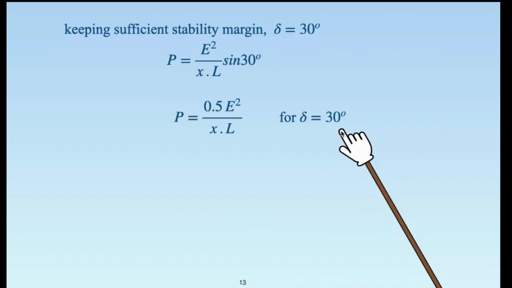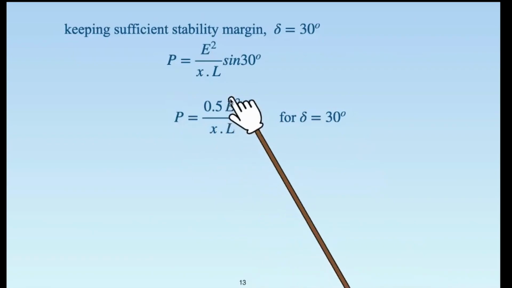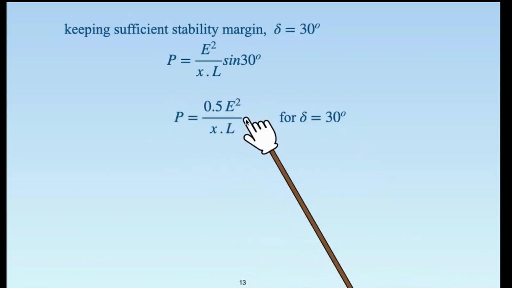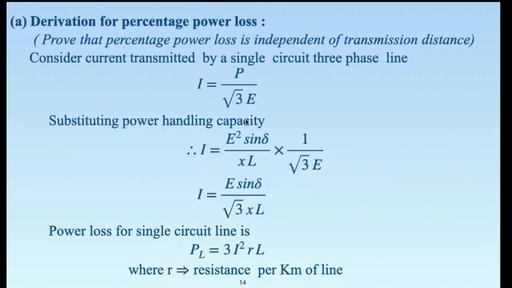Now, many times this derivation is asked in the examination, and so also the problems are solved based on this. Right. Now, here the focus is that what are the transmission voltages that are prevalent in India, and what are the standard values that are being used in extra high voltage AC transmission networks. So that is what we are going to check. Now we come to the subsidiary derivation in continuation with the main power handling capacity equations that we have seen above, right?